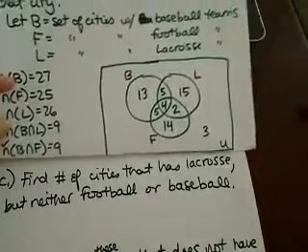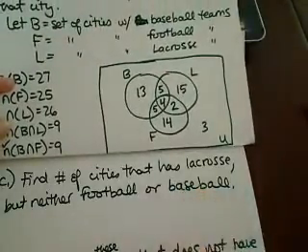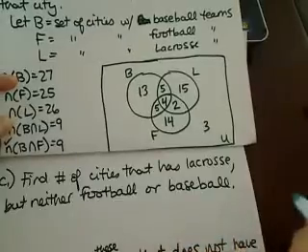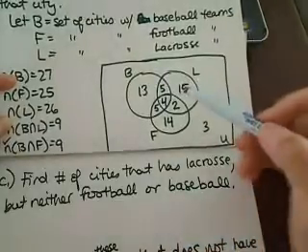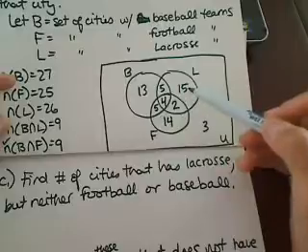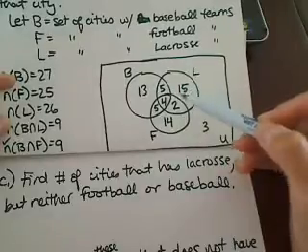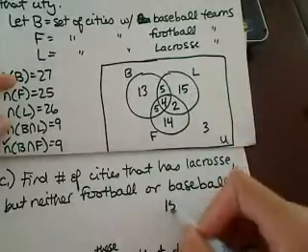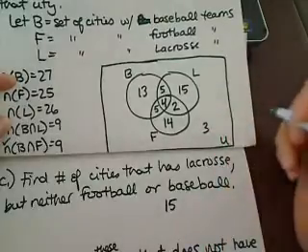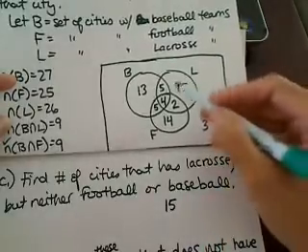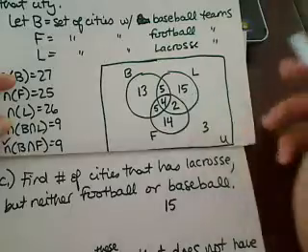Okay, so part C here, they want us to find the number of cities that have lacrosse but neither football nor baseball. That's another way of saying that they only have lacrosse. And there's just going to be 15 cities in that situation. That's this region right here. And then in part D,